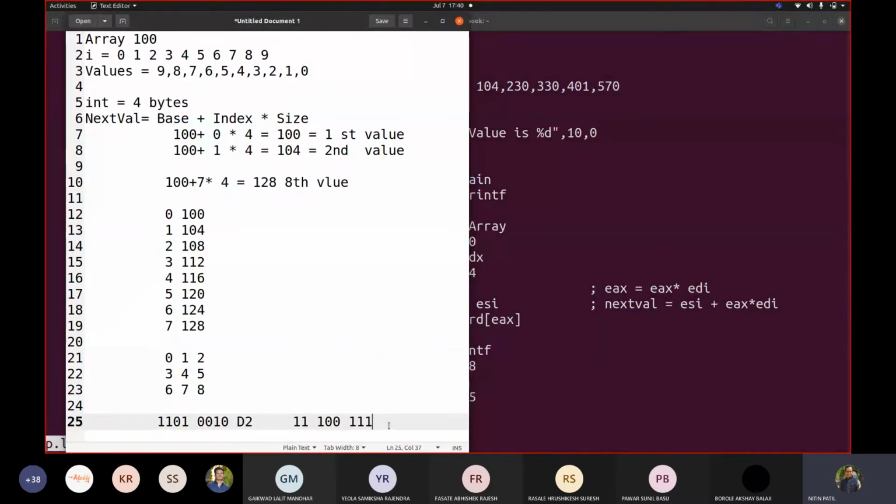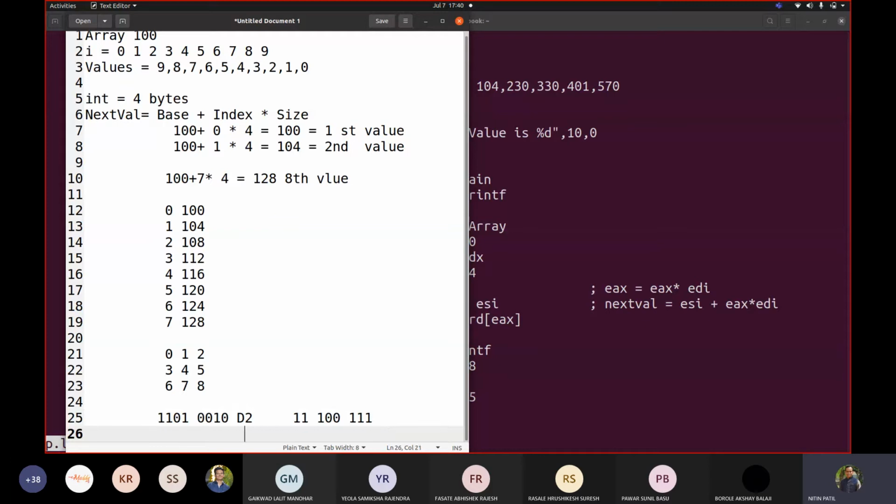So now if I have EAX there, let me write here for mul, mul EAX. If I write mul EAX, then I should see it like this.